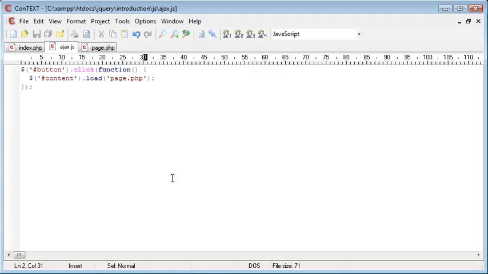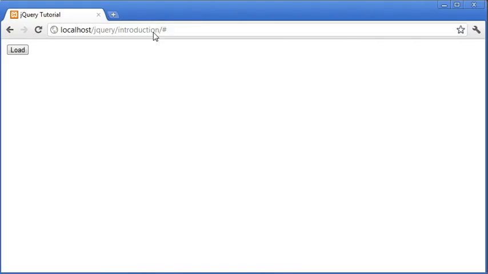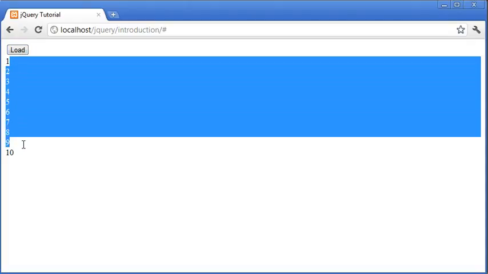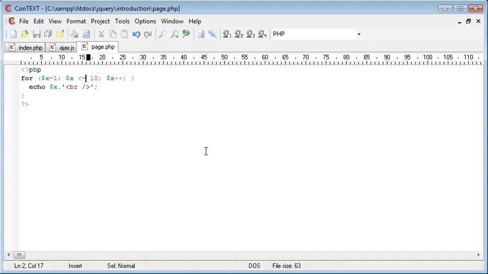Okay, let me just go back and check if there's anything wrong. Okay, I think over here, yeah, we'll use this here. Okay, so just a bit of the logic behind this, because I did make a mistake. X is starting at 1. The condition is then that while x is less than or equal to 10, we increment x. So the page did successfully load, but the content didn't show because I had the logic mixed up. Let's go ahead and press load, and you can see that we've now loaded numbers 1 to 10. So we've now successfully included a PHP file inside